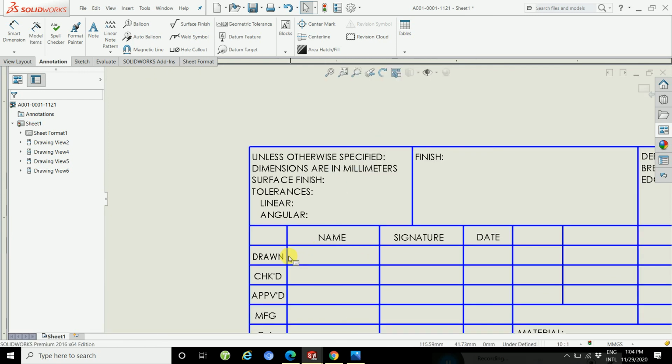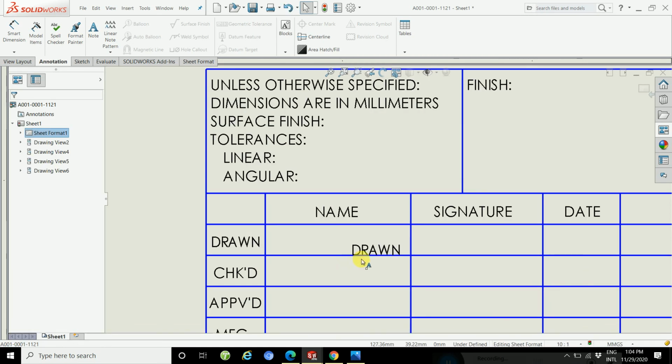Right click, edit. Okay, and then paste.